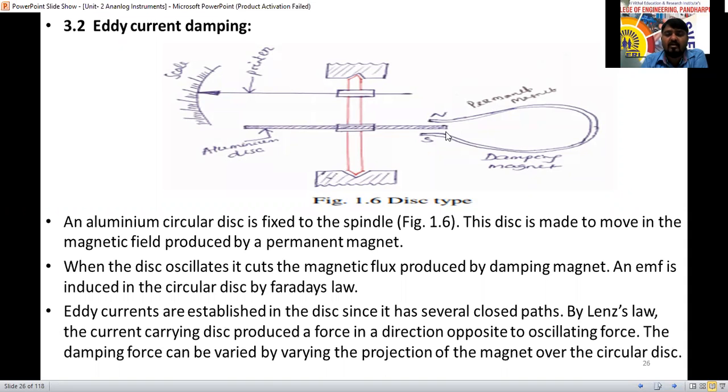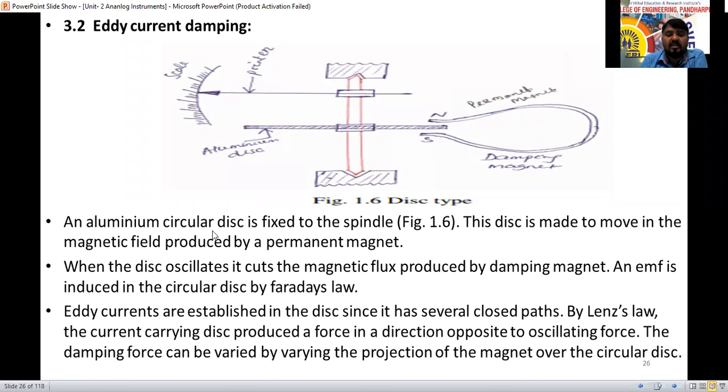Whenever a conductor is placed in a magnetic field, an EMF will be induced, that is Faraday's law. But Lenz's law says the induced EMF is in the opposite direction. Already we know that here. So E equals minus N d phi by dt. Does everyone remember? It is the rate of change of flux with respect to time, with the number of turns. I don't know how many of you remember. You have already studied this in diploma first year. We have studied Faraday's first law, Faraday's second law, and Lenz's law, the magnetic field here.